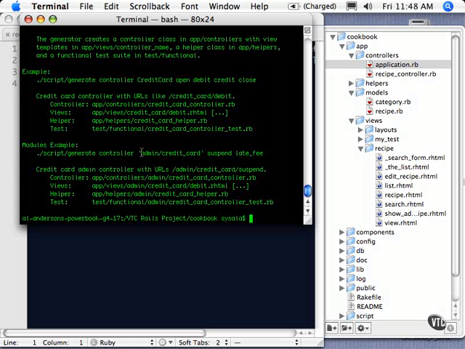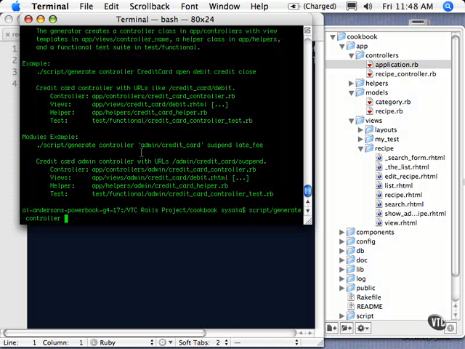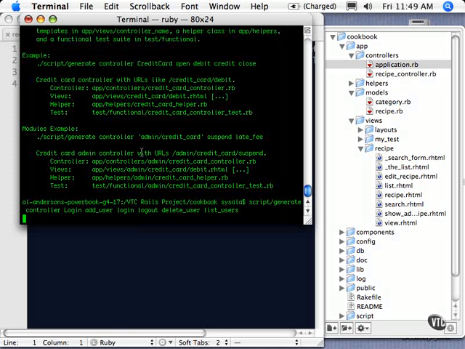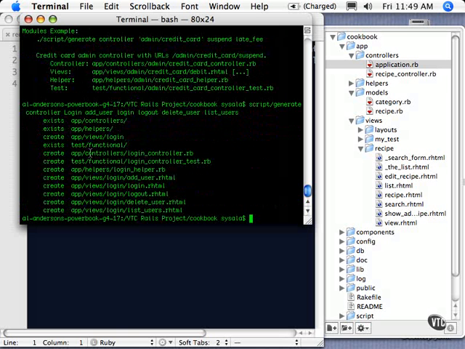So let's go ahead and issue that generate controller, but instead I'm going to give it login, and again it's a class, so I want to start with a capital L. That's going to be the name of the class. The generate script will take care of naming the actual file login underscore controller. Let's give it some methods of add user, login, logout, complete user, and list users. I'll go ahead and execute that, and you can see it created